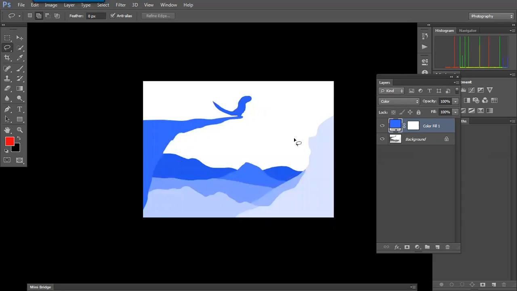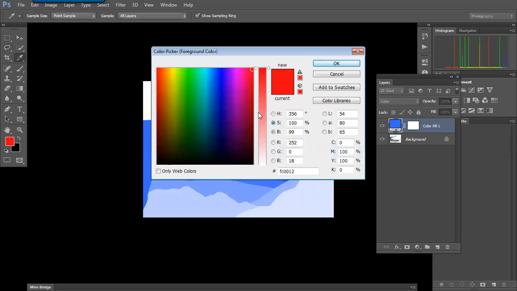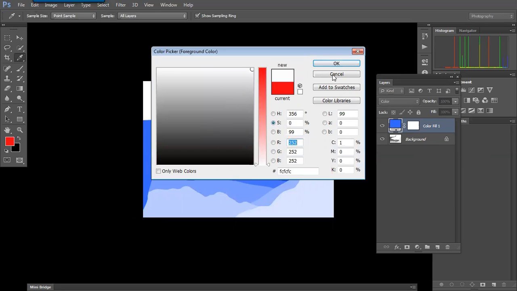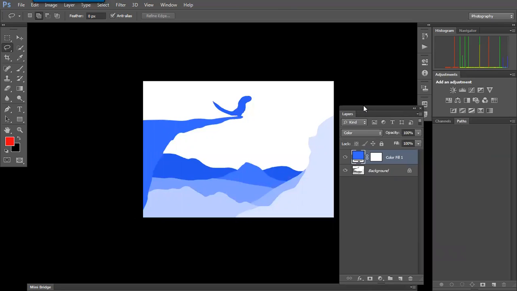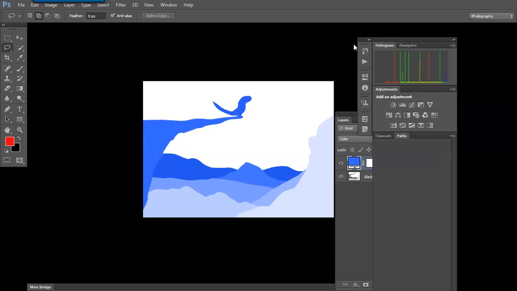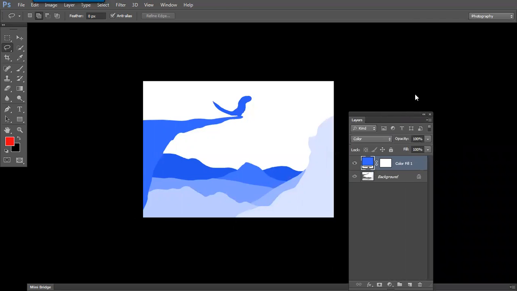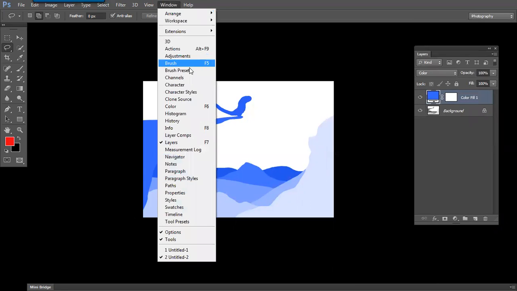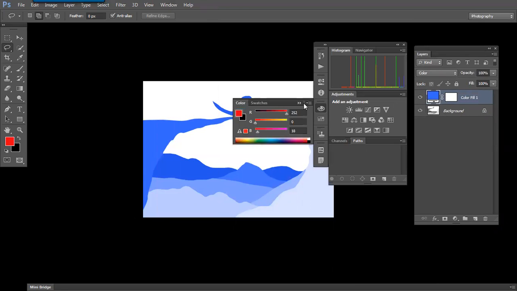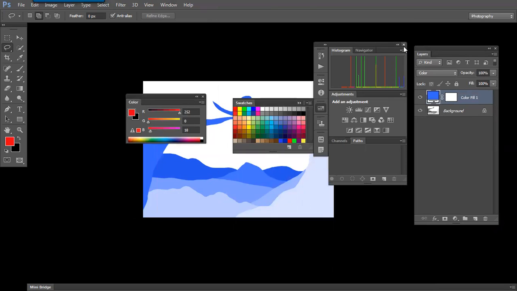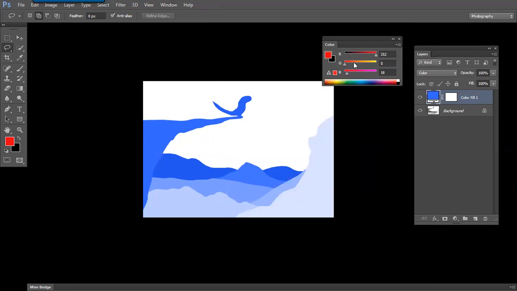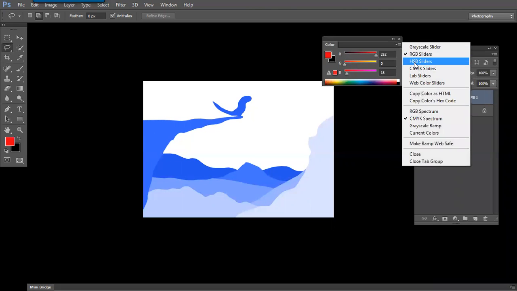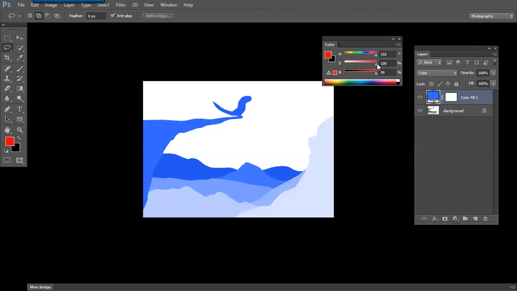And the gray could be set up as we have seen before, by bringing the saturation down and selecting it. It takes more time. To get rid of this problem, we have a slider called the color slider. We can close what is not required. Switch to the Window menu and ask for Color. F6 is the shortcut. Close everything else. And here we can convert this slider into an HSV slider. On the top right corner, you can switch to HSV.